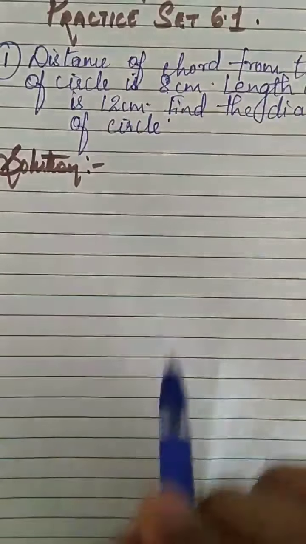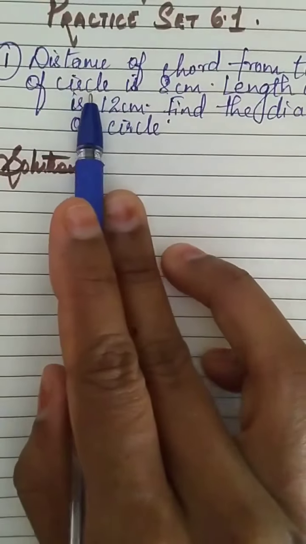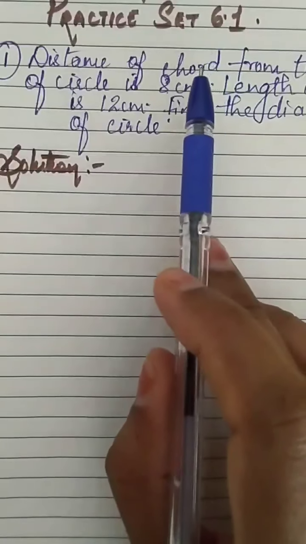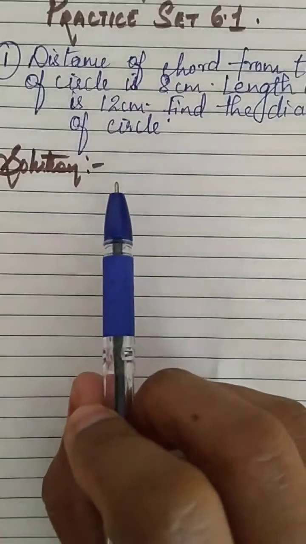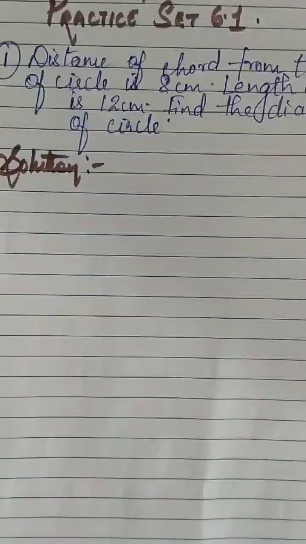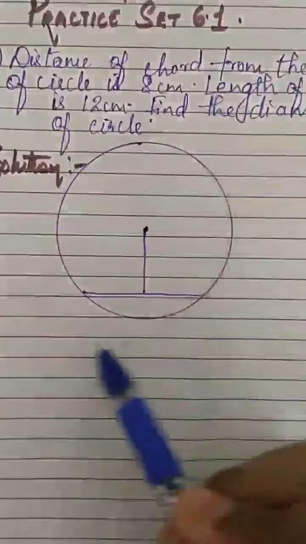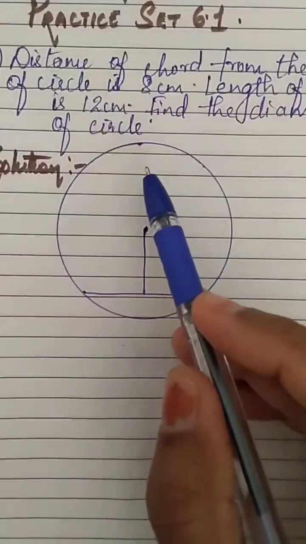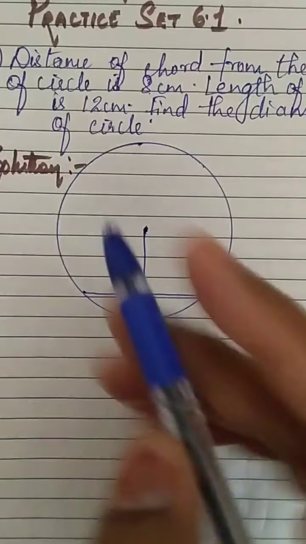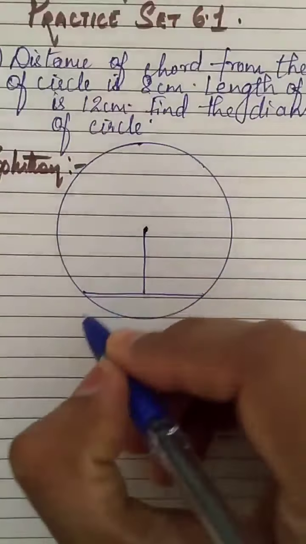So we need a figure here, and what will be that? It will be a circle. We will show one chord and its distance from the center. Okay. So take your pro circle or compass and draw a circle. Okay. So as you can see, I have drawn a circle. Now we have to show distance of chord. The name of the chord is AB.